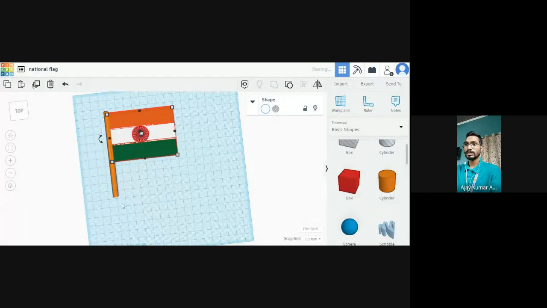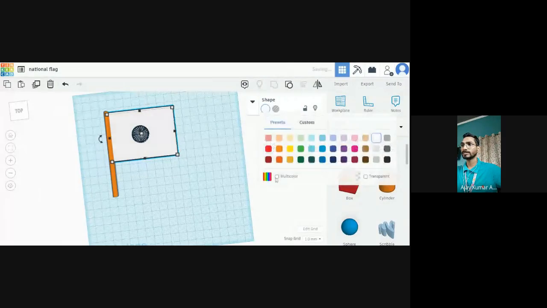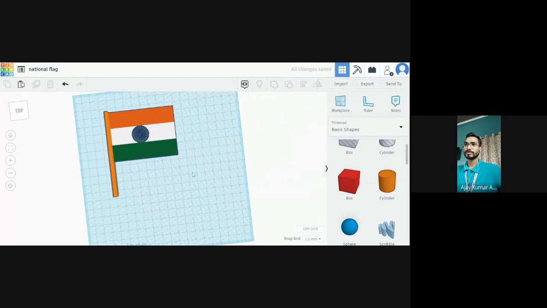Now we have to just make a base, so that it will get support. Okay, so again select it and choose the multicolor like this.